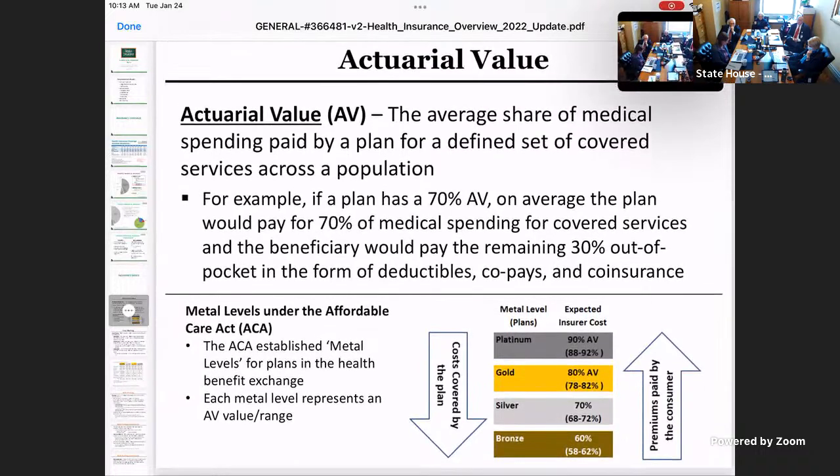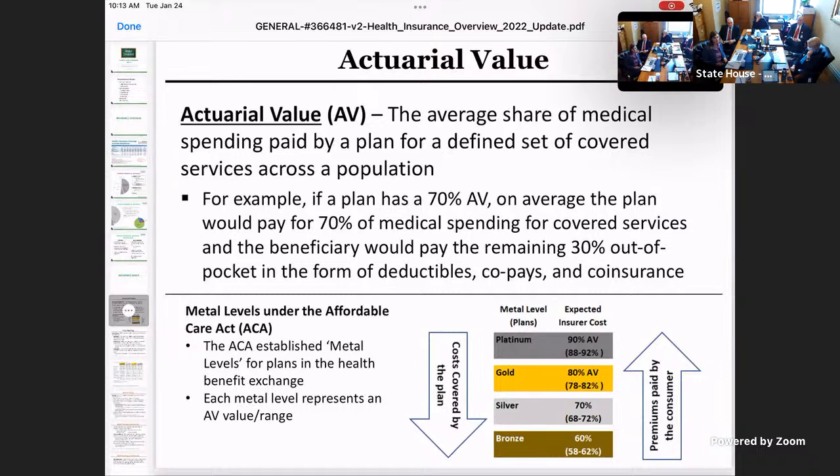Oh, gosh, okay, I can take the first stab at it. So actuarial value, and to put this in context, this is a concept that comes from the Affordable Care Act and is only dealt with within the realm of our small group and individual markets within Vermont Health Connect. So this slide is specific to Vermont Health Connect and the plans that are on Vermont Health Connect for small group, fully insured, and individual groups.